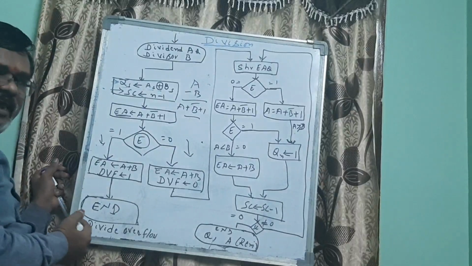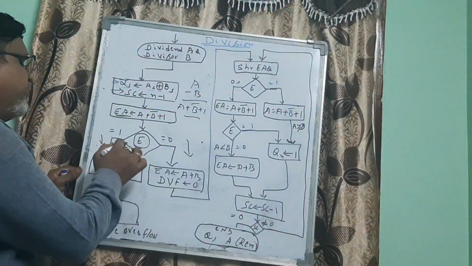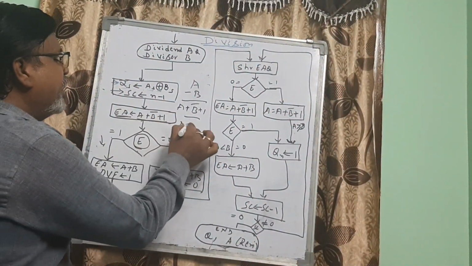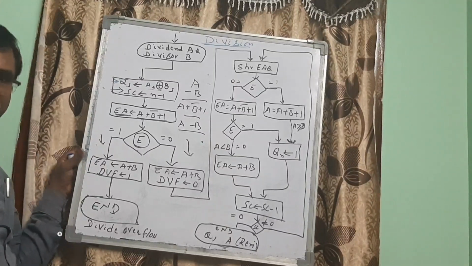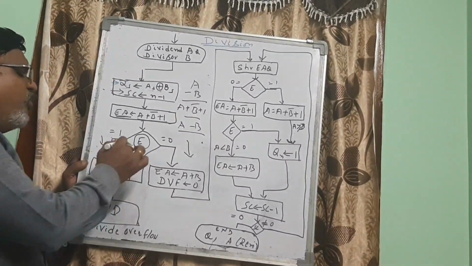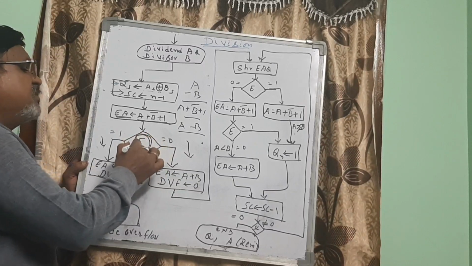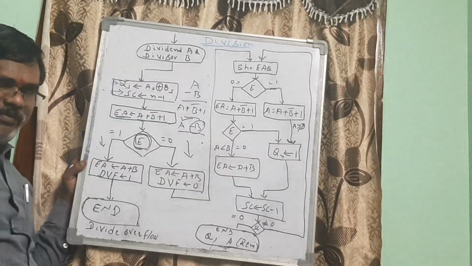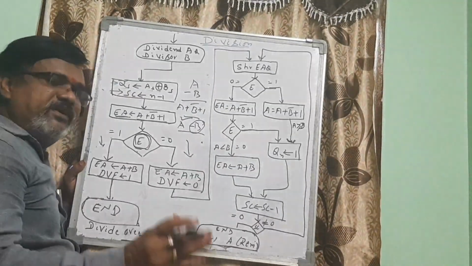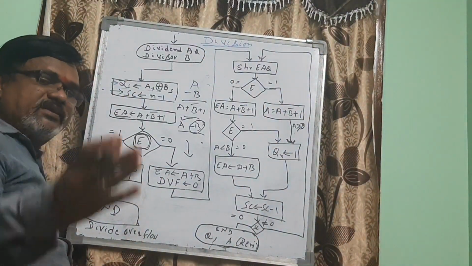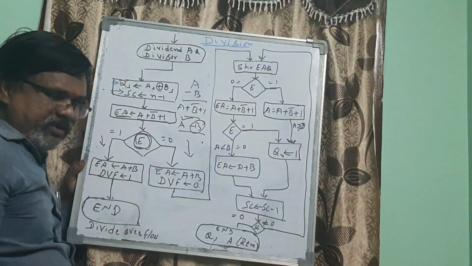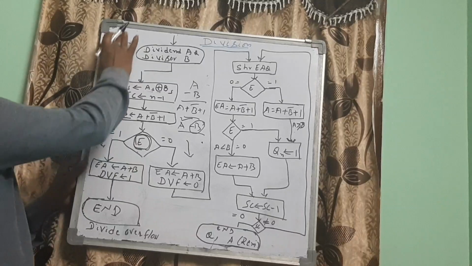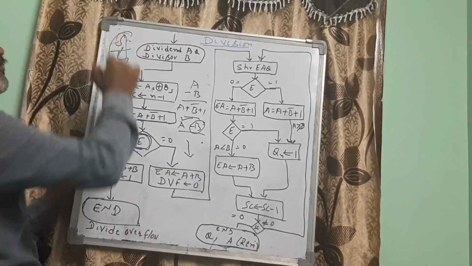What does it mean if E is 1? With this operation we did A minus B. When you perform the subtraction and the end carry bit is 1, it means the result is negative, so A is lesser than B. When the dividend is lesser than the divisor, it is not possible to perform the division operation. See, can we do 3 by 4? No. If it is 5 by 4, at least one time we can perform.